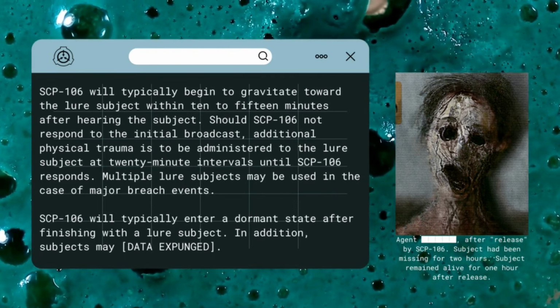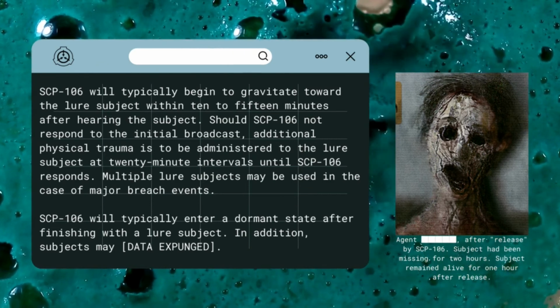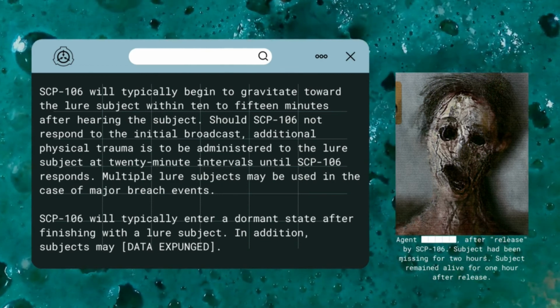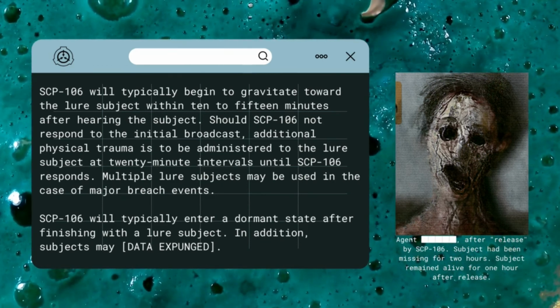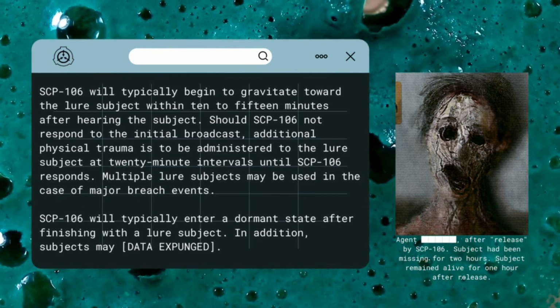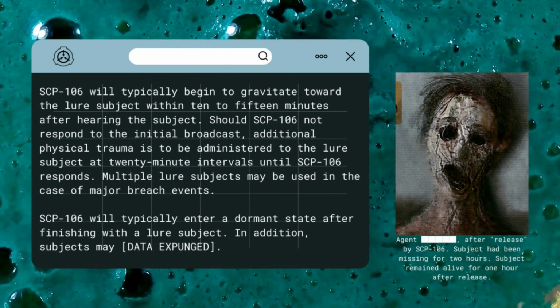intervals until SCP-106 responds. Multiple lore subjects may be used in the case of major breach events. SCP-106 will typically enter a dormant state after finishing with a lore subject. In addition, subjects may data expunged